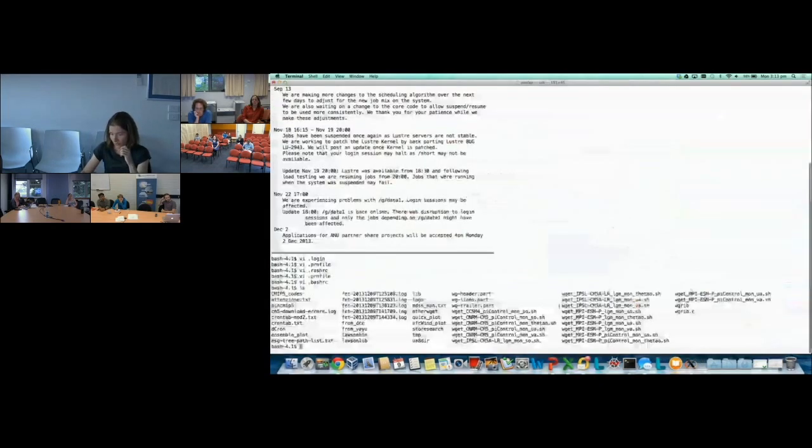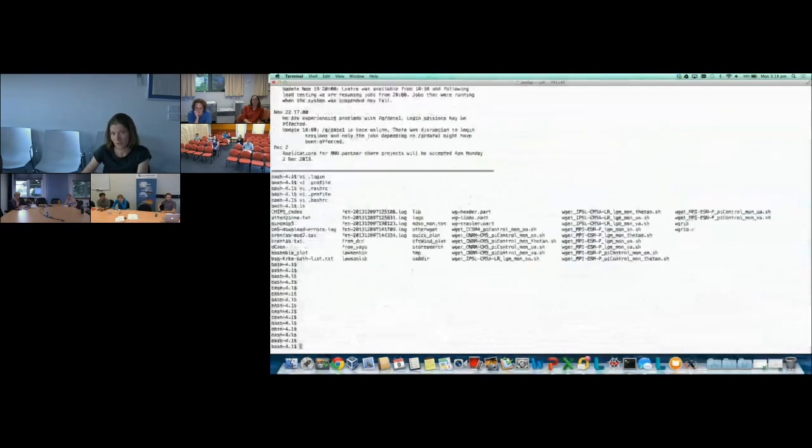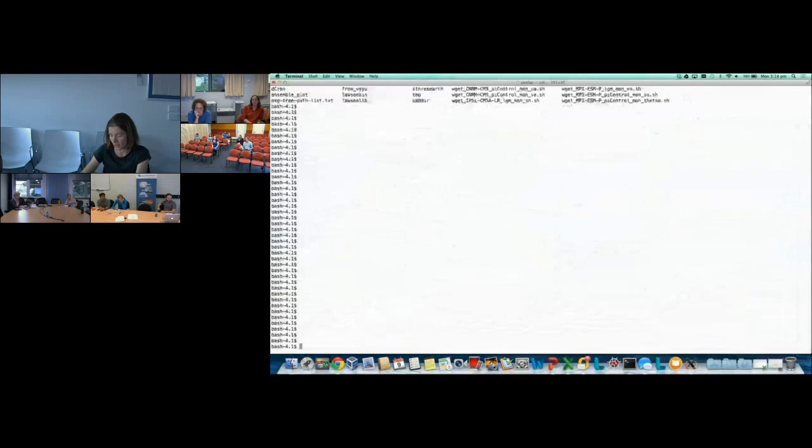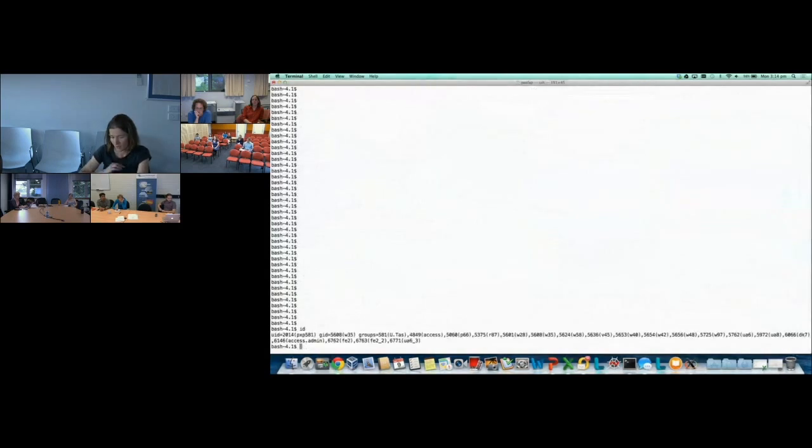If you're not sure which groups you're part of, you can use the command id. As you see, I'm part of many groups, and they just have a number, and most of them have a letter and two numbers, like P66, R87.